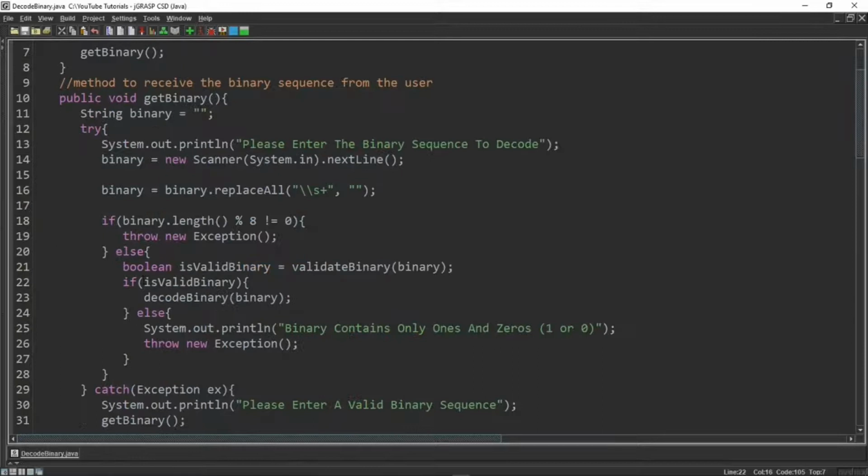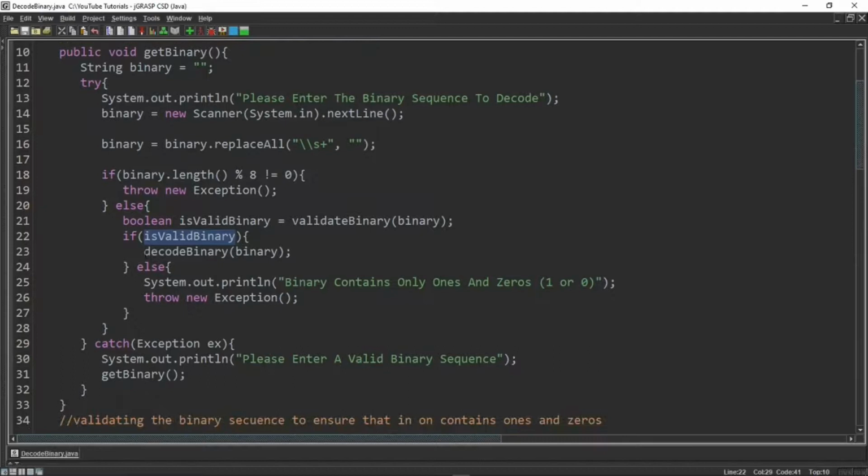Now if the validateBinary method returns true, we are going to call a method called decodeBinary. But if it returns false, we are going to print binary contains only ones and zeros, and then we're going to throw a new exception which is going to get handled down here, and then we're going to use again recursion, so it's going to call itself until you enter a valid binary. Now if you entered a valid binary, it's going to call this method called decodeBinary, which is defined